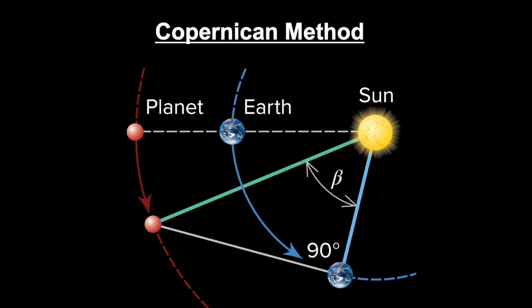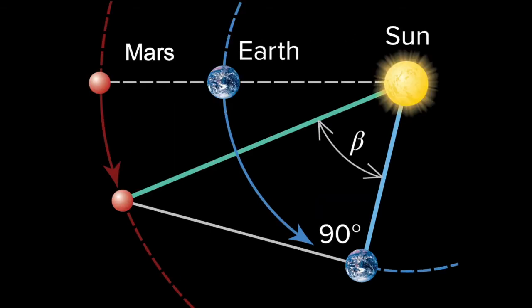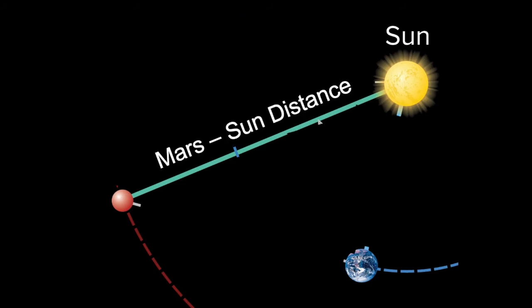Just before he died, Nicholas Copernicus published his revolutionary work detailing how you could calculate the distance between the planets and the Sun. While finding the distance between Venus and the Sun and Mercury and the Sun is relatively straightforward, the superior planets like Mars, Jupiter, and Saturn were a little more challenging. This video is going to focus on how he calculated the distance between Mars and the Sun, or the Mars-Sun